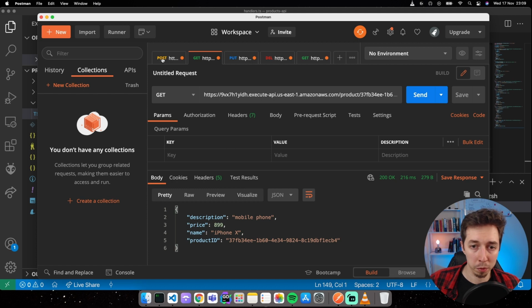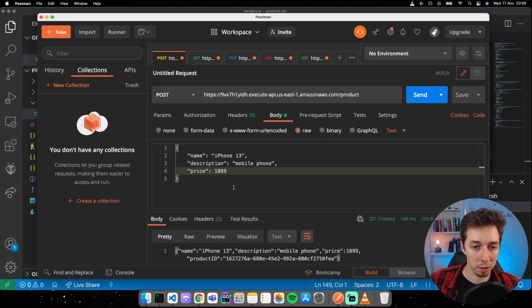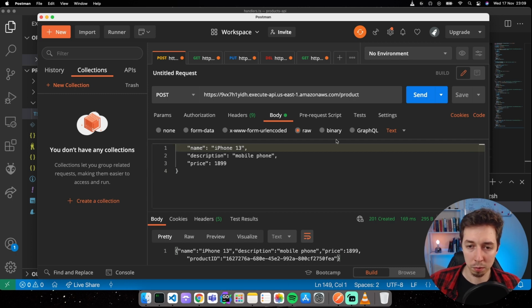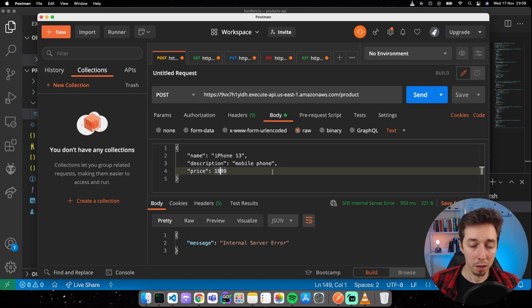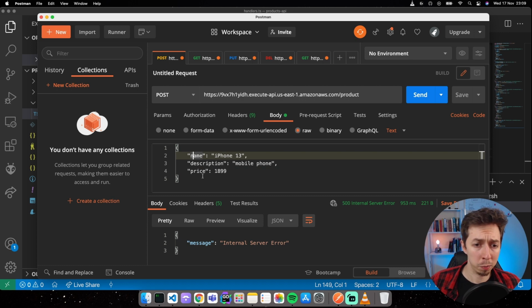Because if I go back to post, I showed you this already, and if I mess something up in here, right, then basically we're going to get the internal server error. But I would like to get something like incorrect request body, right? And also this API allows for any sort of field, right? So you can specify any field in here and that field is going to be accepted, which might not be the case for certain. I think not certain, it's actually for most REST APIs,